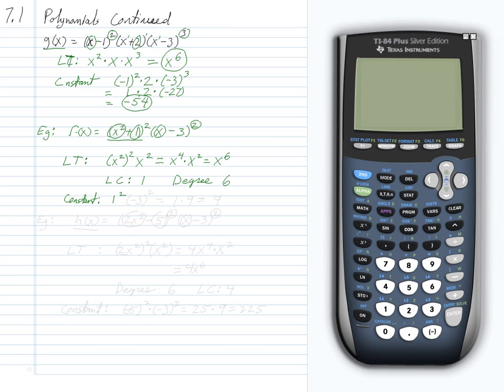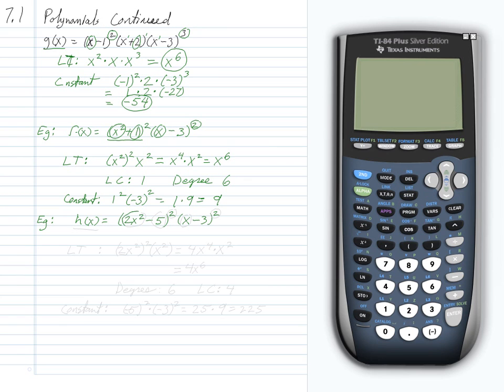And negative 3 squared would give me 9. So 1 times 9, my constant is 9. And you can do the same type of trick even if you have coefficients. So if h of x equals (2x squared minus 5) squared times (x minus 3) squared,